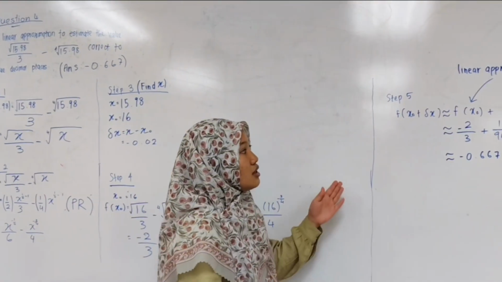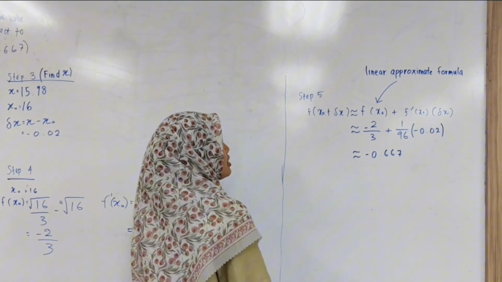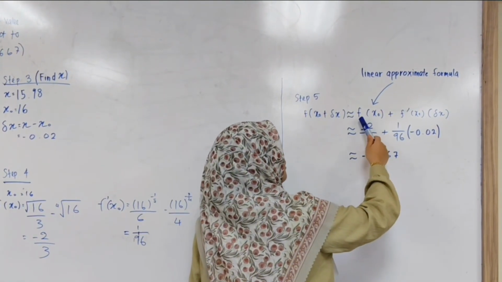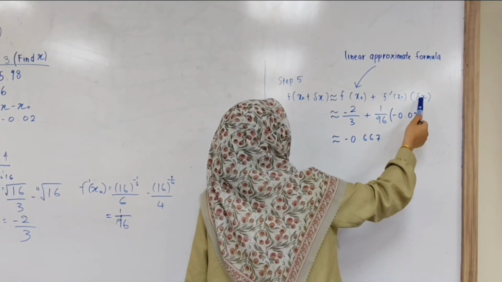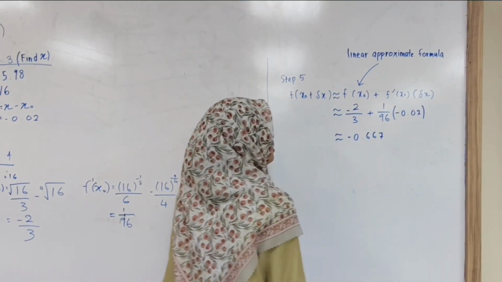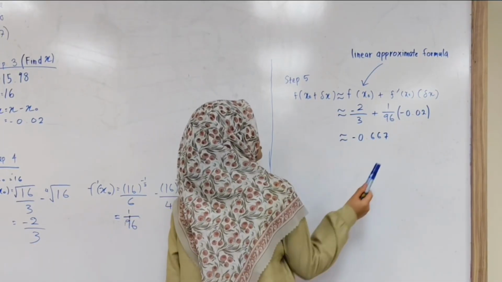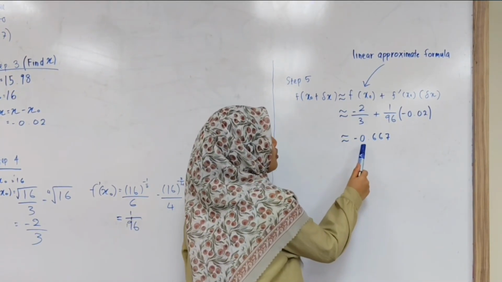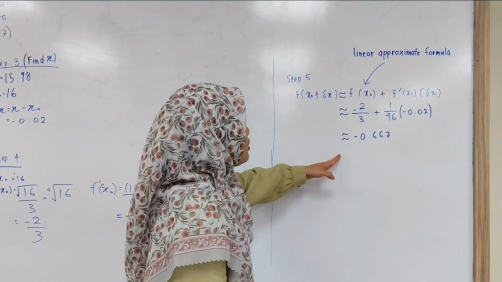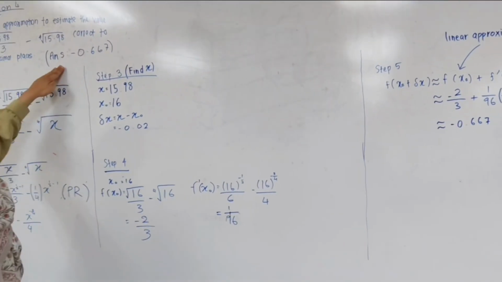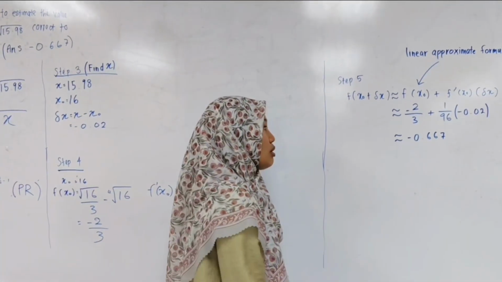Lastly, step 5, we're going to use the linear approximation formula, which is f(x naught) plus f prime of x naught times delta x. So just now we already calculated all of this, and we just substitute it. And the answer that we get is negative 0.667, which is the same as our first calculated answer. This is a reminder, but you need to remember to use